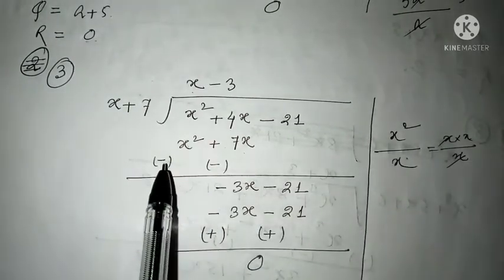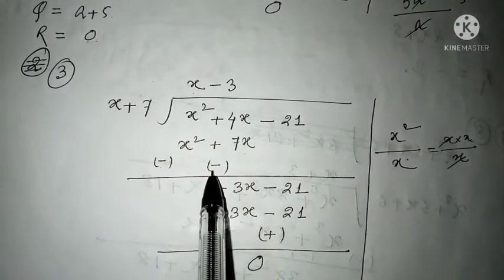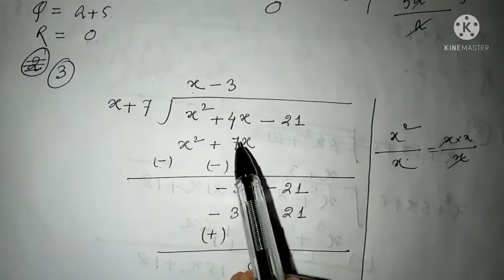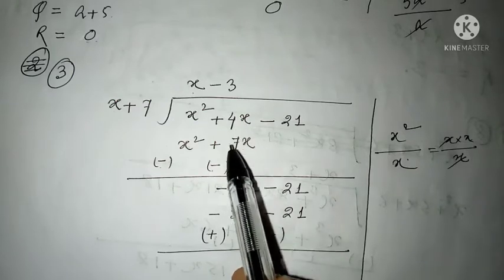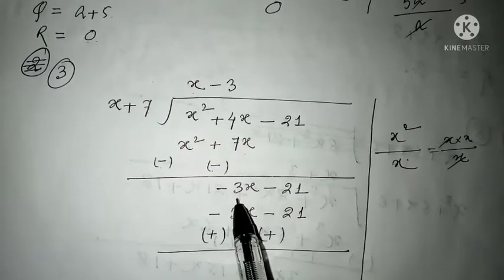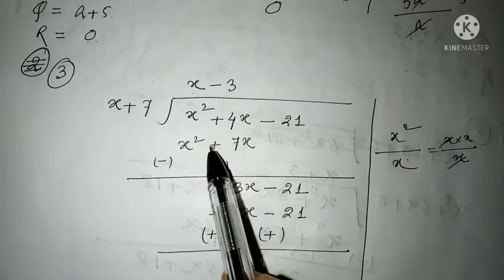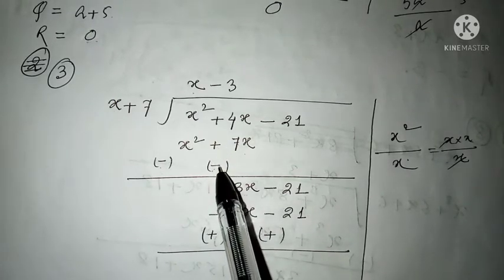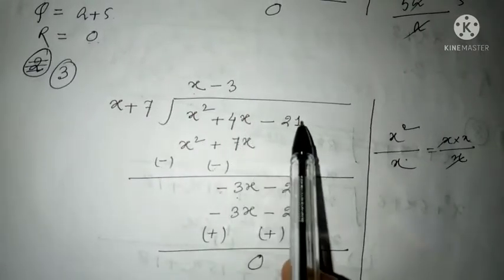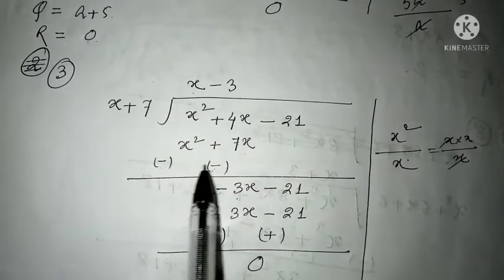Now subtract, the same procedure. It is plus, you assume it is minus; this is also plus, assume it is minus. Then x square minus x square is 0, so no need to write it. Then you can see this is your 7x, this is your 4x, but this 7x is negative here. Now 7 minus 4 is 3x, but 7 is the bigger quantity, so we have a minus here, so you write minus. Don't get confused by this plus sign. We have to assume it is a minus sign, but you cannot make any changes in your dividend part. We can make changes of sign only in the downside part.